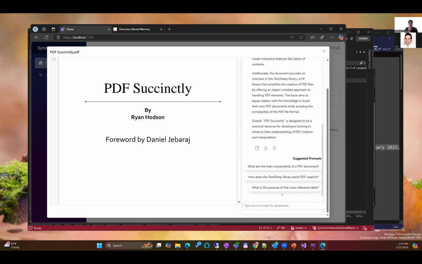This is something very useful because you can send the document to people, say, here is the document, and tell them what the AI suggests that they can ask the document. So this is very nice. And you can use this, as I say to you, with any documents. Now I'm using this document from Syncfusion that is free to download from the Syncfusion website, but I can use it with a legal document. I don't know, company policies that I want the user to interact with